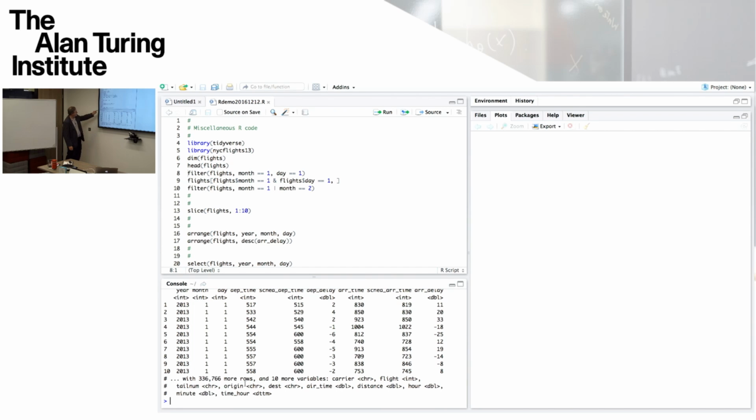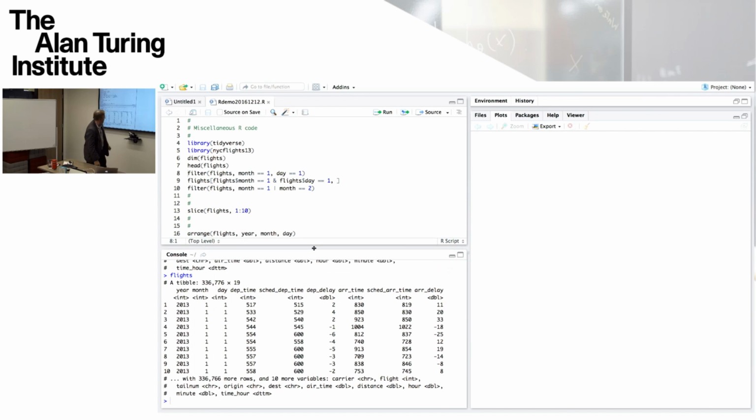Okay, so we see that the flights data set has a year, a month, a day, a departure time. Move that up a little bit. Actually, the departure time is in a sort of coded form, so you can see this perhaps easily by looking at the GitHub website where these quantities were structured. So this is 517, which means 17 minutes after the 5th hour.